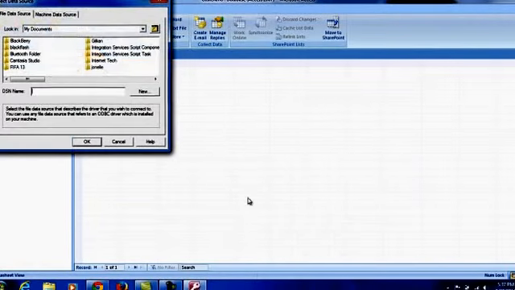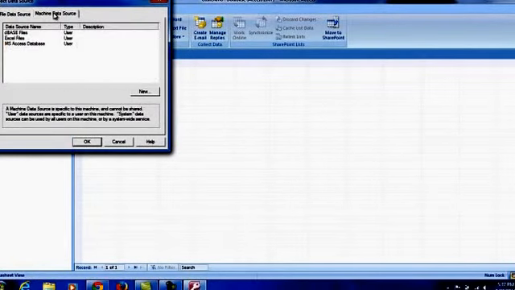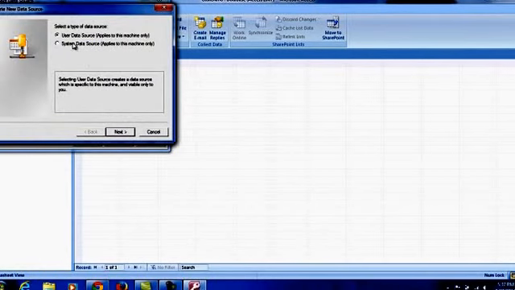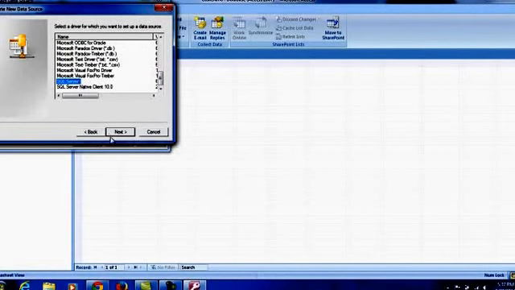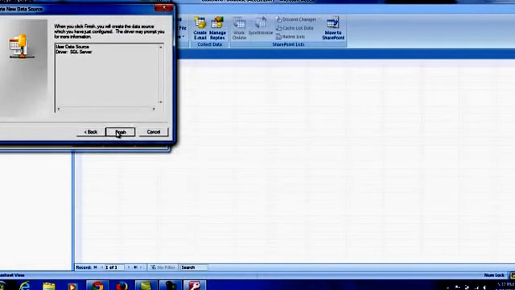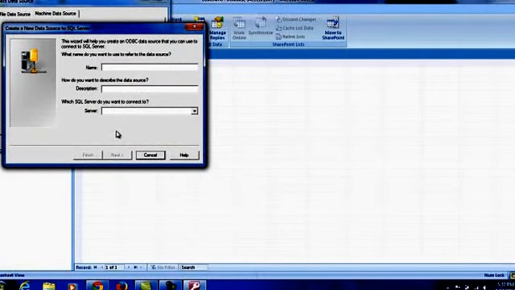Press OK, and now we go to machine data source and press new. We will be creating a new user data source, and we press next. And we need to scroll here until we see SQL Server. Press next, finish. And here we'll just be naming that data source, and I'll be naming mine Robert, and the description I'll give it is footballers